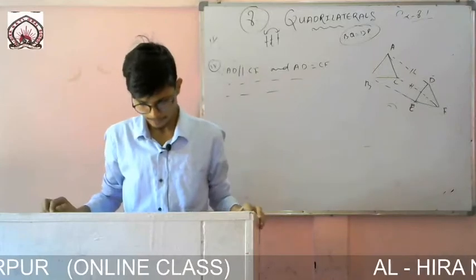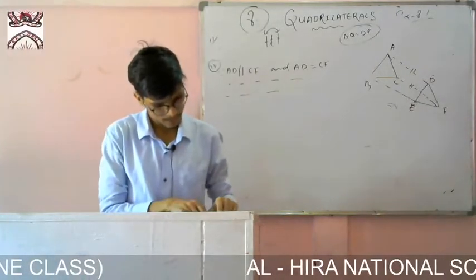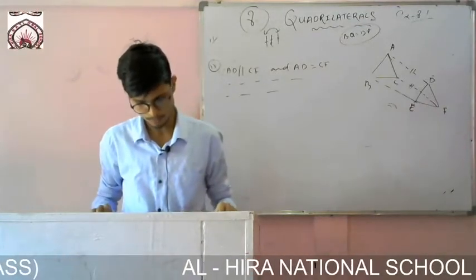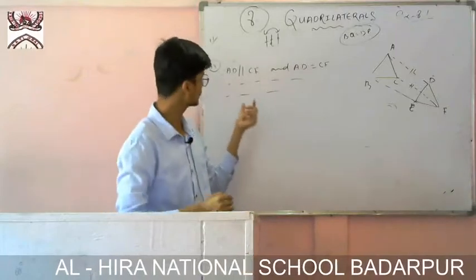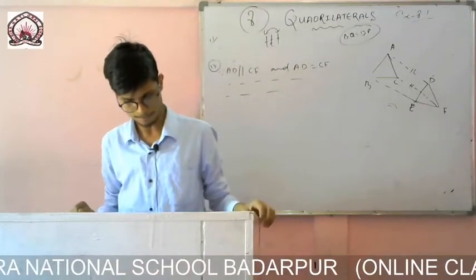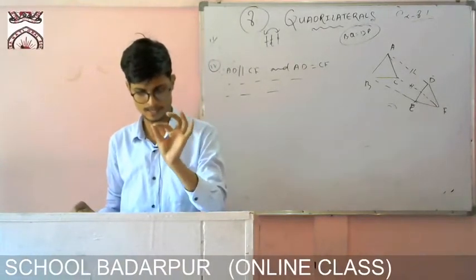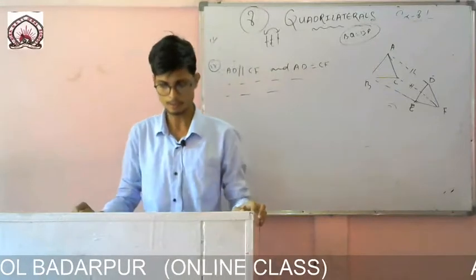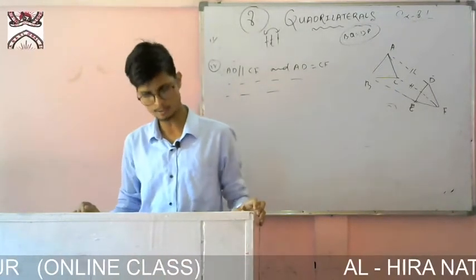Roman number 5, it is also same. What is given, AC is equal to DF, you are to prove. So you just write that since ACFD, just now in Roman number 4 what we have proved, is a parallelogram, so its opposite sides are parallel and of equal length. So you can write AC equals to DF.